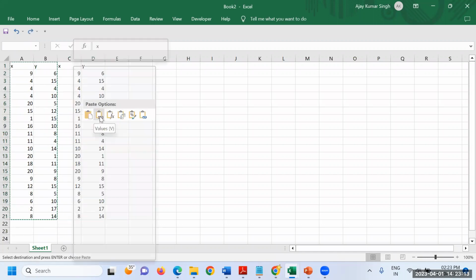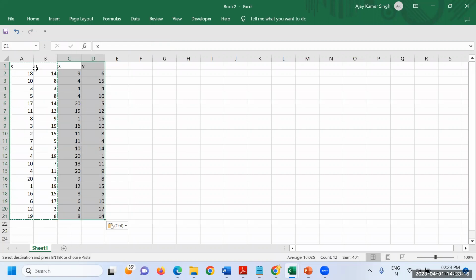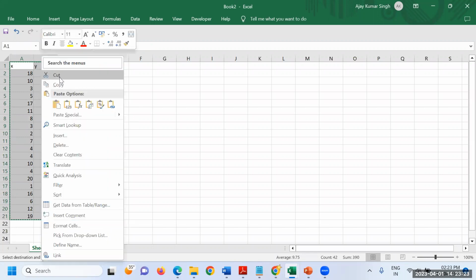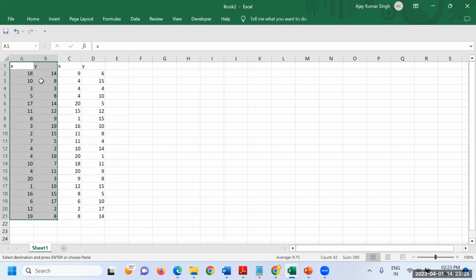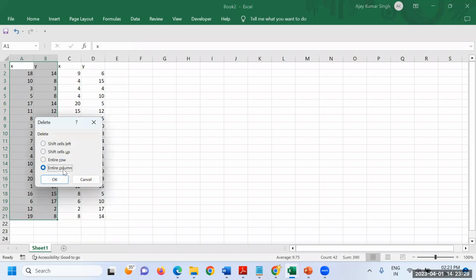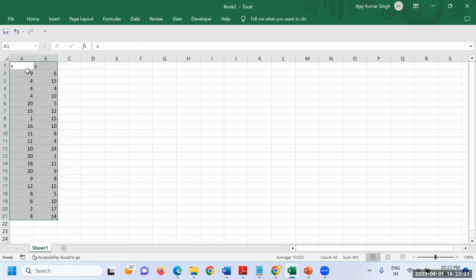So I'm going to paste spatial because every now and then it goes on changing. So that's why I want to fix this data. So for that, I'm going to go for paste spatial. I want to delete this. Okay, so I generated 2 points, x and y. I generated 2, that is coordinate and abscissa.